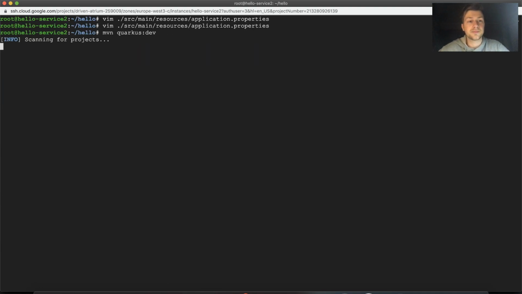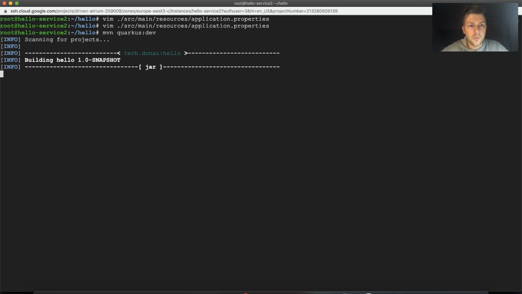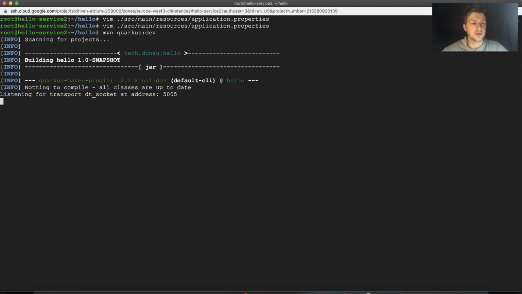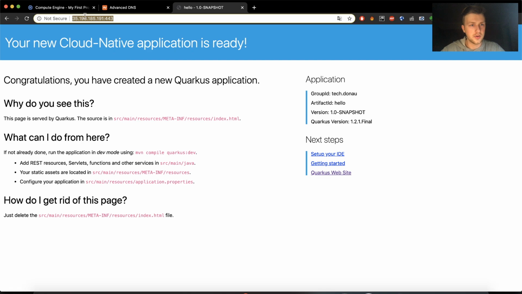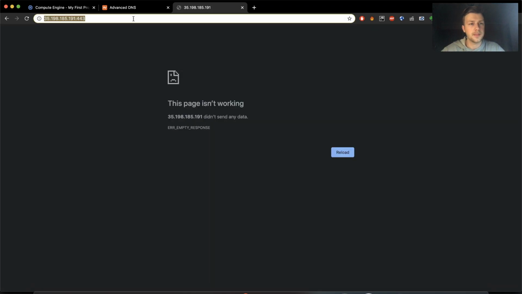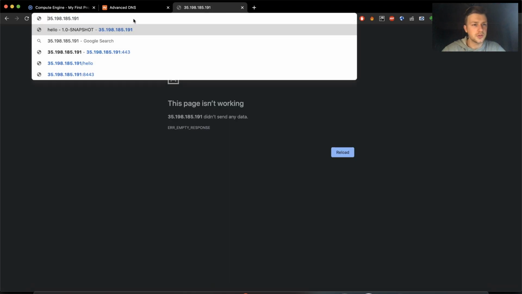So now we can save it and we can run Quarkus dev. So that's enough. Now, when we start, you can see that it's listening on the port, and now you can see that hello 0.1.0 snapshot is running on Quarkus, started in 3 seconds, listening on 80 and then 443, which is exactly what we need. So let's open our